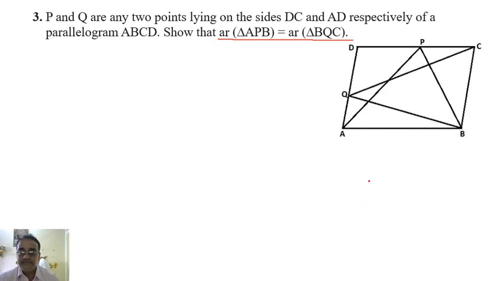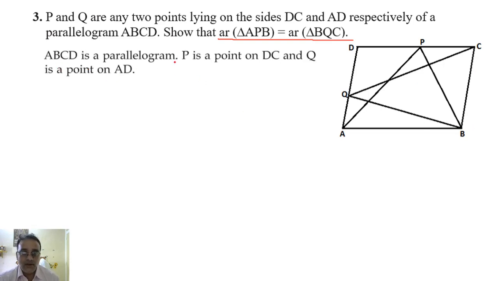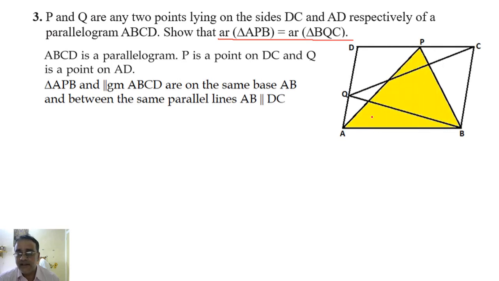See this figure. P जो है वो DC पे है और Q जो है वो AD पे है, right? And what we have to show is that these two triangles are equal in area, right? So ABCD is a parallelogram, P is a point on DC and Q is a point on AD. This is given. अब यहाँ पे ध्यान से देखो ये वाला triangle, this triangle, yellow triangle, this triangle and the